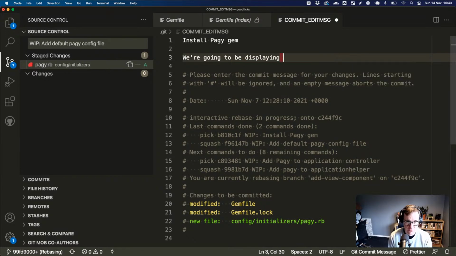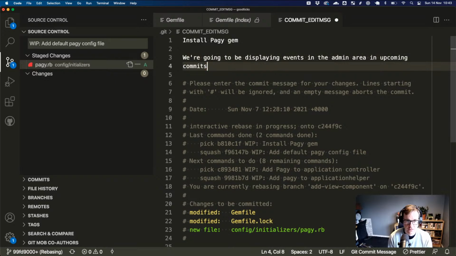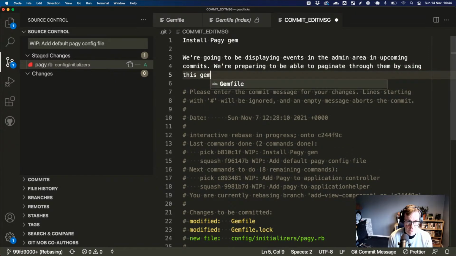Be displaying upcoming commits. We're preparing to be able to paginate through them by using this gem.